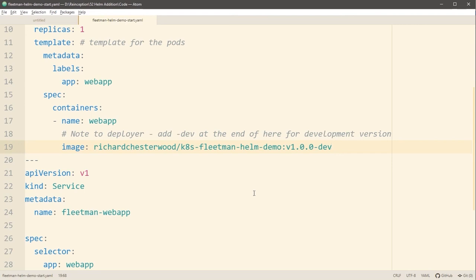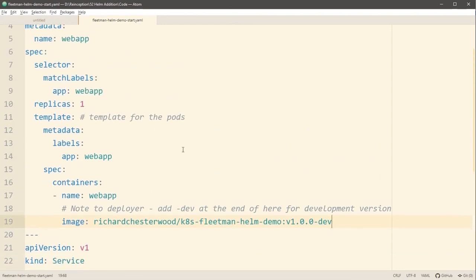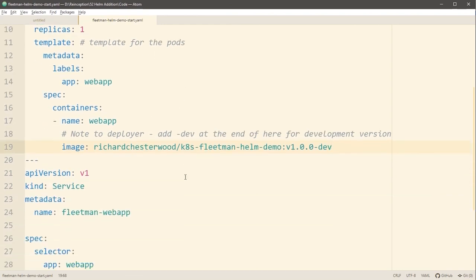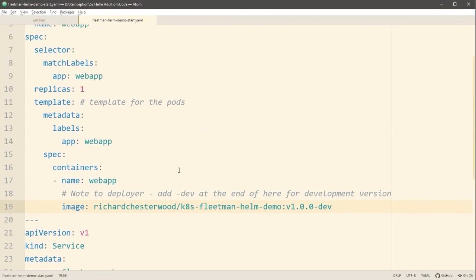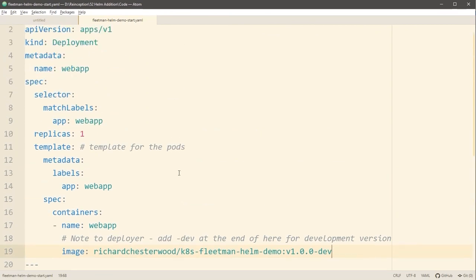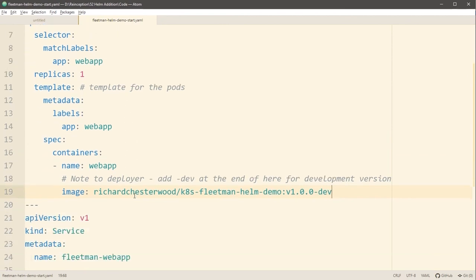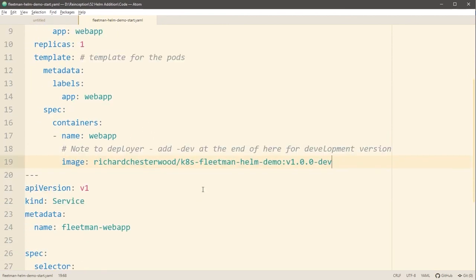You're going to find that a lot of projects do exactly this. Even though we're not going to be publishing this project to thousands of people, and we don't need to make this a package, if we turn this into a Helm chart, we're going to be able to exploit the dynamic features of Helm.